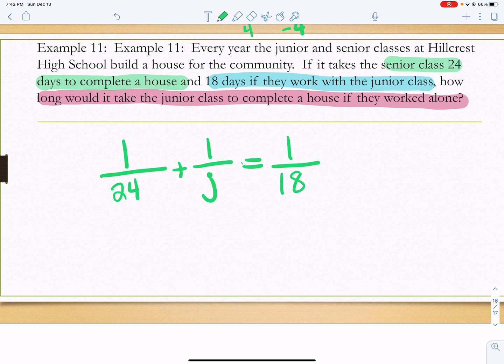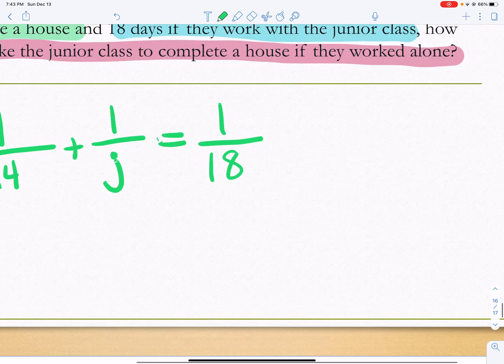Okay, so this should do it for us, but we've got to find an LCM. So if we find an LCM, I would do 24 times 2 is 48. Does 18 go into 48? No, can't do math today. So I would do 24 times 3. Does 18 go into 72? I believe so. 4 times. So my LCM